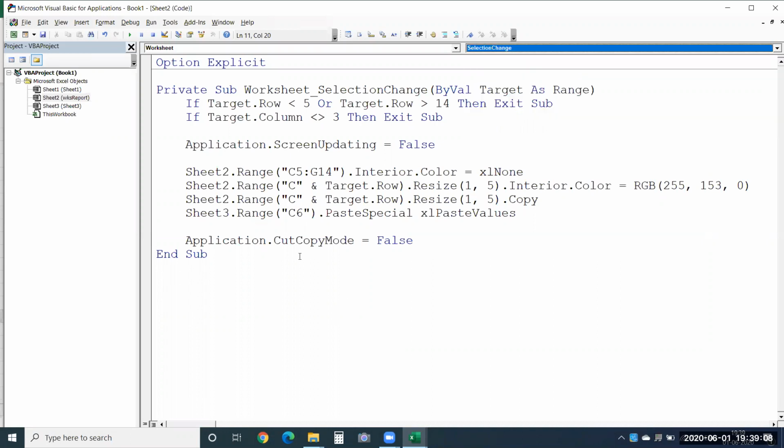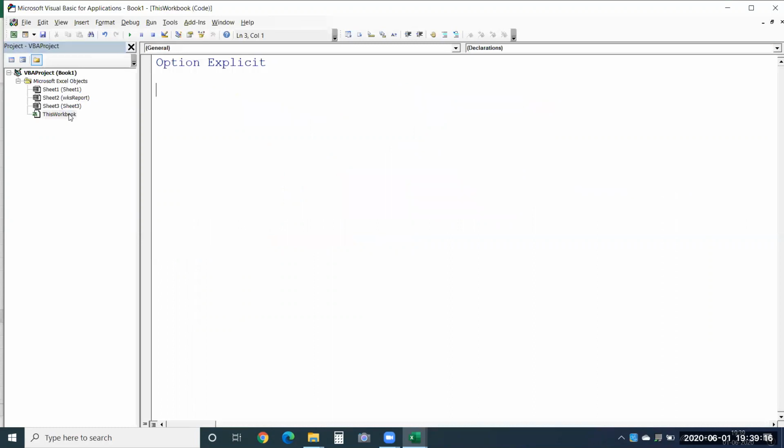Now next up, let's see how to use the workbook module over here. Just double click on this workbook. This is used for the workbook module, and all the programs that you write within the workbook module using events can be triggered only based on the triggers that take place in the current workbook. So if you have kept open other workbooks, whatever happens over there is not going to trigger the macros given here. It should for sure take place in the current workbook only.